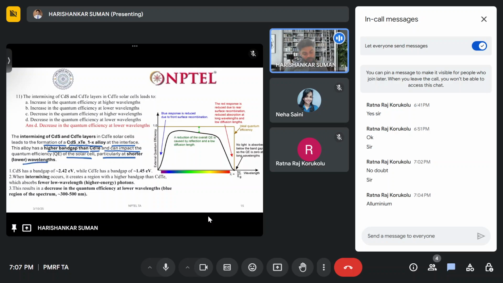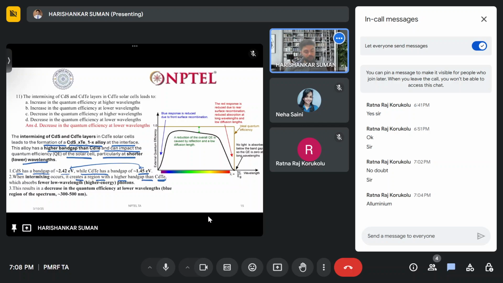And cadmium sulfide has a bandgap of 2.42 eV, while cadmium telluride has 1.45 eV. When intermixing occurs, it creates a region with higher bandgap than cadmium telluride. Obviously, when two bandgaps, higher and lower, are mixing,